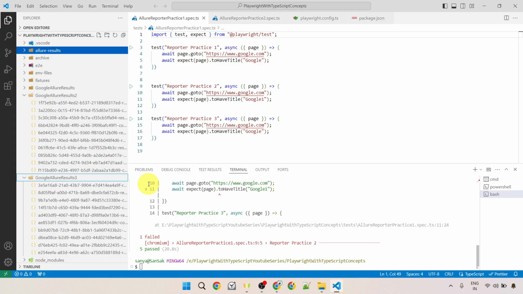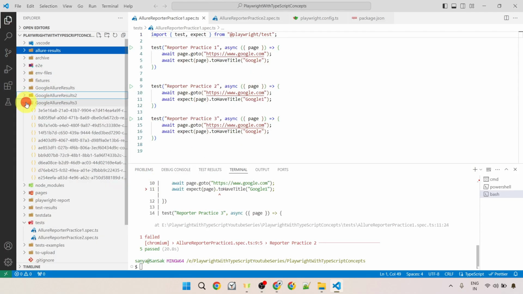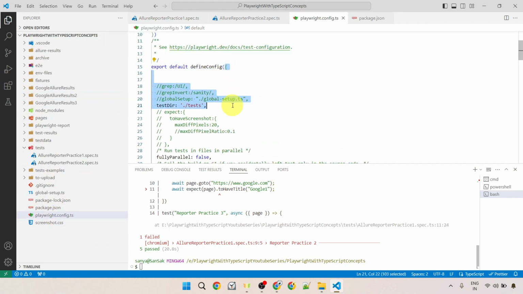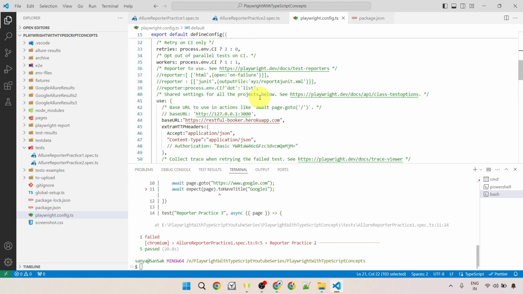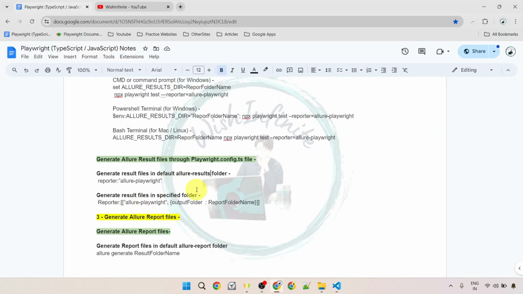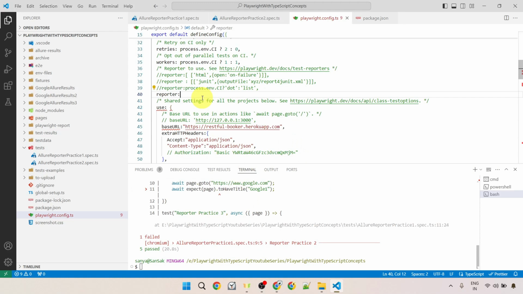And for that, inside this VS Code, you can open this playwright.config.ts file, and here inside this define config, you would be able to see this object, and inside this object directly we need to provide reporter as the key, colon, and then we need to provide the value for this reporter. So here we need to give this allure-playwright. Previously we were providing the value of this reporter with the help of this command line like this, and now we are using this playwright.config.ts file. So within the quotes, you can provide this allure-playwright,